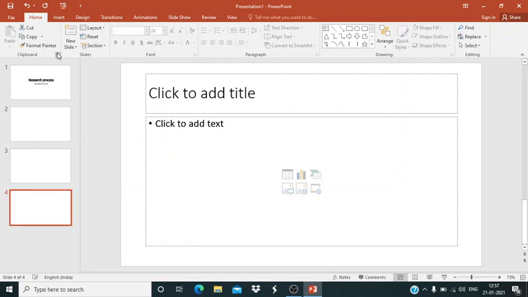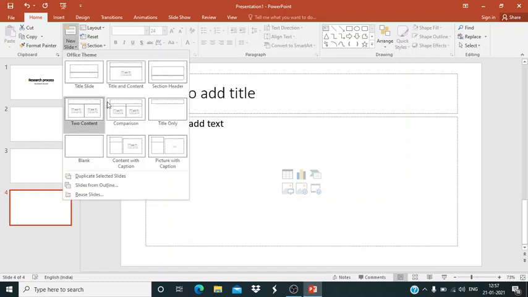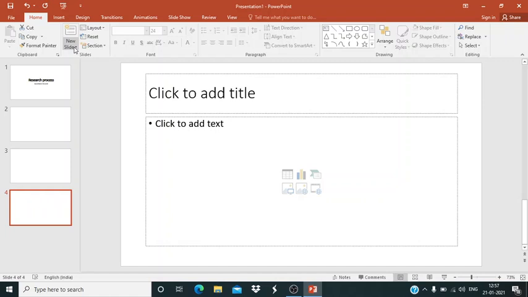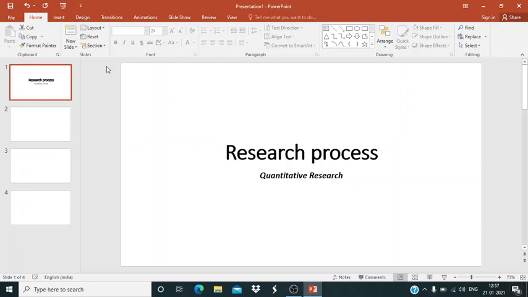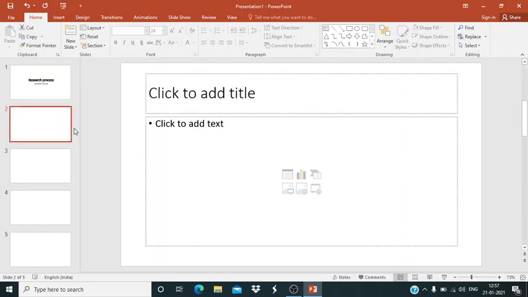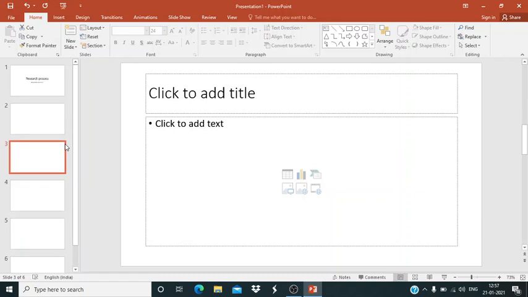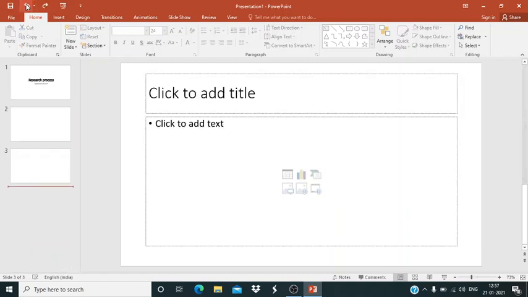That is, number one is you click on this option new slide. Number two is if you want to change the pattern of the slide, click on the launch button and select whichever layout you want for the slide. The other option is you just keep your cursor near the thumbnails. These are called thumbnails. This particular slide's thumbnail is this. So keep your arrow mark next to the thumbnail, give a right click and then give new slide. Or if I want the same pattern of slide for the next one, just keep here and give an enter. All these are different ways of opening up a new slide.